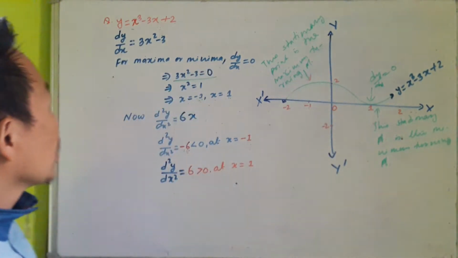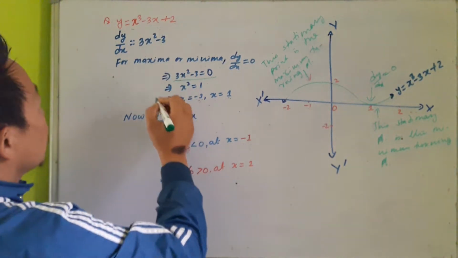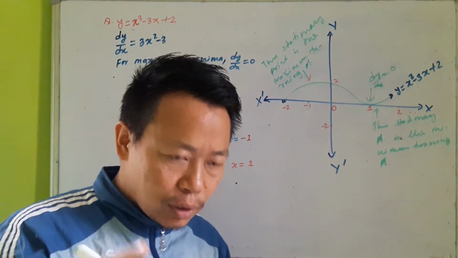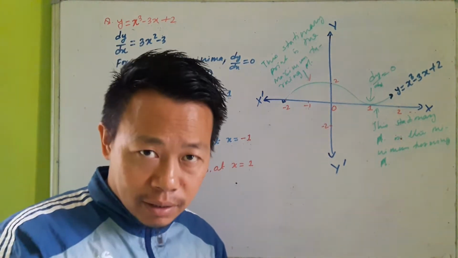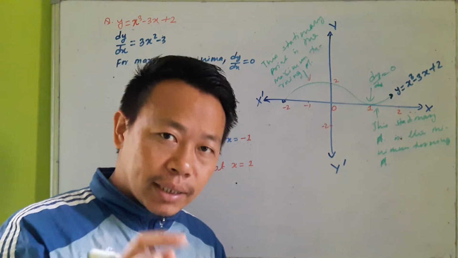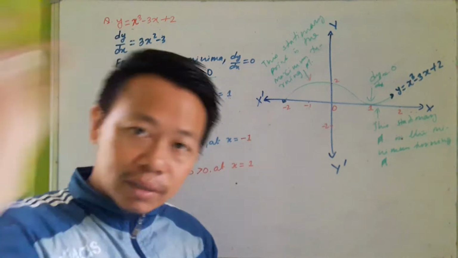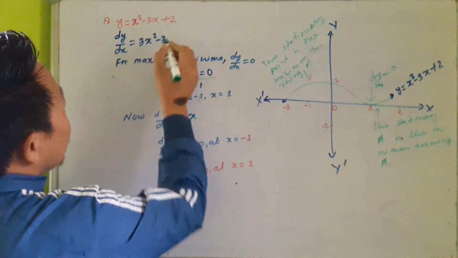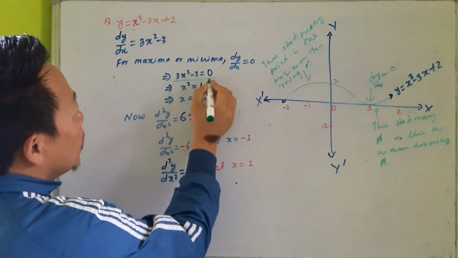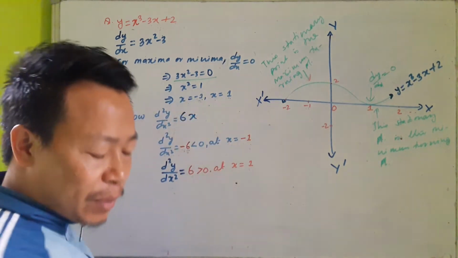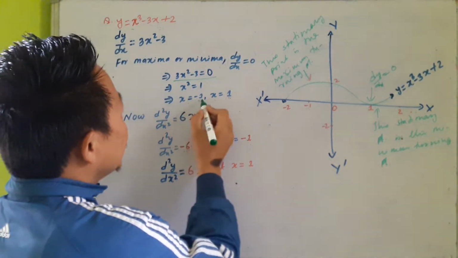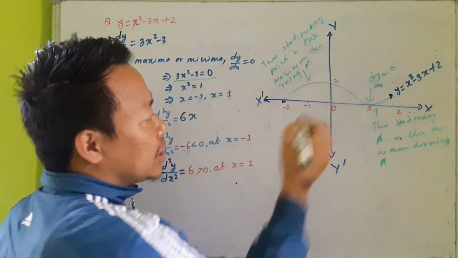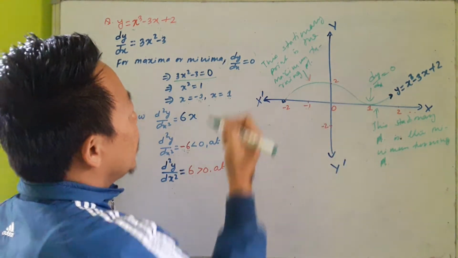Now, differentiating the function, we get dy by dx equals 3x square minus 3. In the previous class I told you that for a maximum or minimum, the first order derivative should be 0. When dy by dx is 0, the curve is taking a turn at that point. So dy by dx equals 0 implies that 3x square minus 3 should be 0. Solving this equation we get x is equal to minus 1 and x is equal to 1. At x equal to minus 1, dy by dx is 0, which means that the curve is taking a turn, and the same thing happens at x equal to 1.